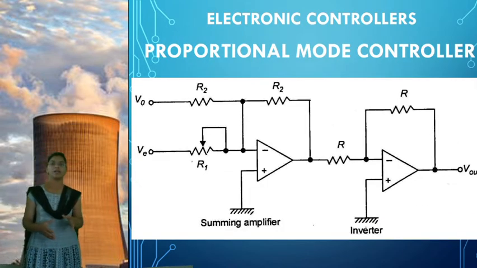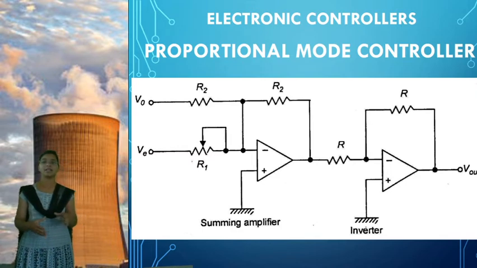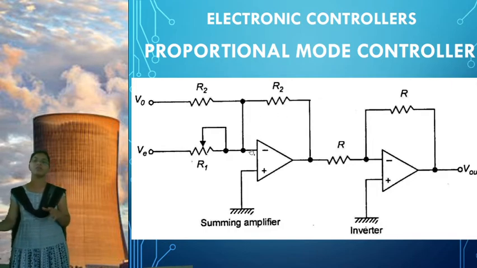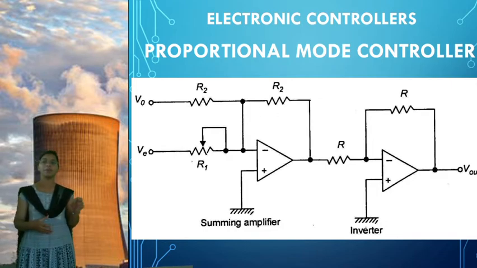So we finished our electronic controller, which is a discontinuous controller action, which is 2 position as well as multi-position, and next the floating type controller. Next we will go for the continuous controlling actions, that is the proportional mode controller. You already know the proportional controller mode. What is the equation? P equals Kp Ep plus P naught, where P naught is an offset error, Kp is the proportional constant, and Ep is the error.